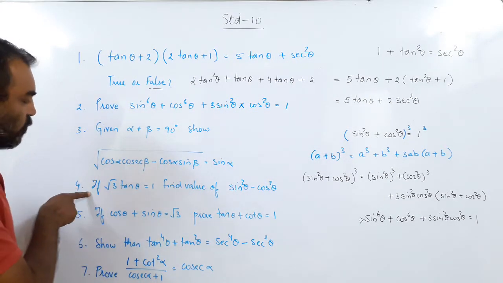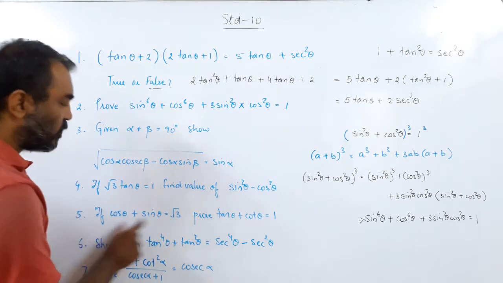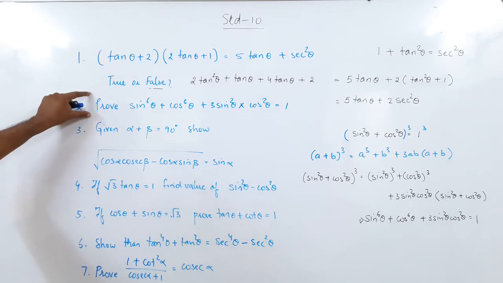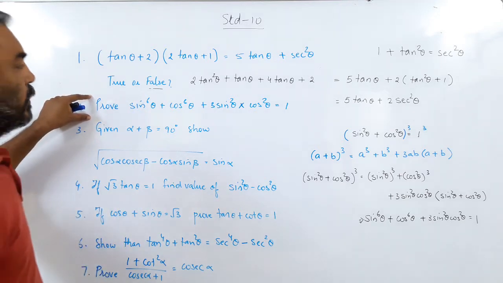So if I am given an if condition, I can start from here and try to reach my answer. But you can see here the if condition is not given. So if the condition is not given, I have to start with something. That is where I have to choose what I want to take.